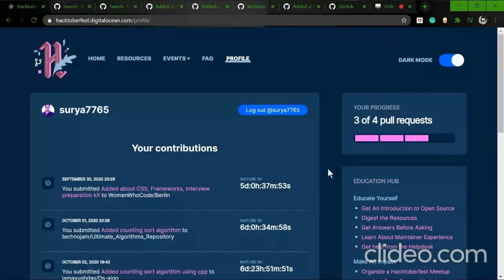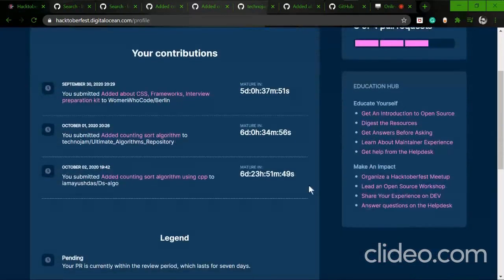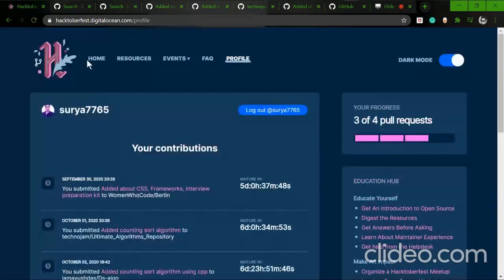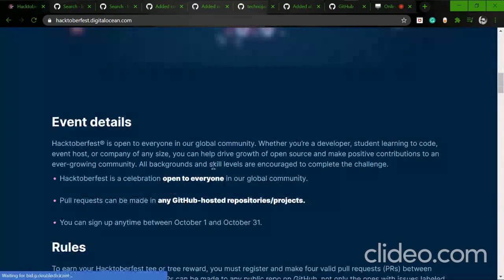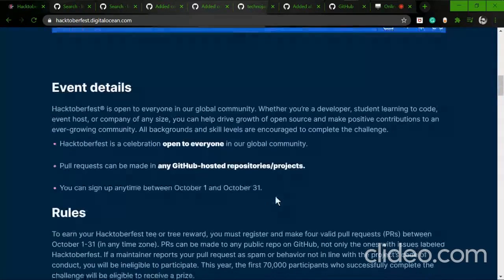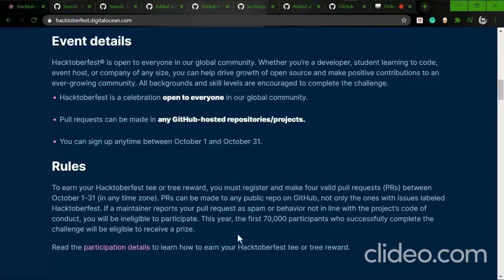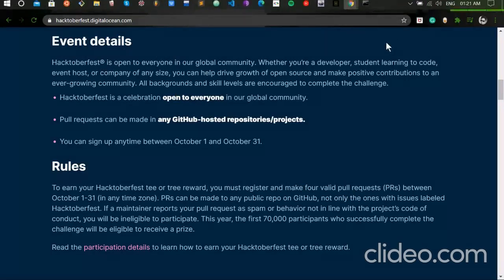So go and give a pull request to anyone that should be valuable, and just remember to read these rules which are available on the Hacktoberfest website. Don't mess up with the things. Don't just try to give a pull request of a dot or just changing typos and all. Just go and give a valuable pull request to contribute to the owner of the repos, and best of luck. Thank you.